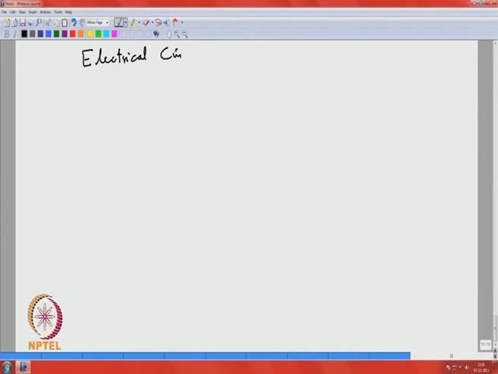Electrical circuit, simple electrical circuit. I want to do this. This is an RLC circuit, simple RLC. So, you have some EMF coming from here,